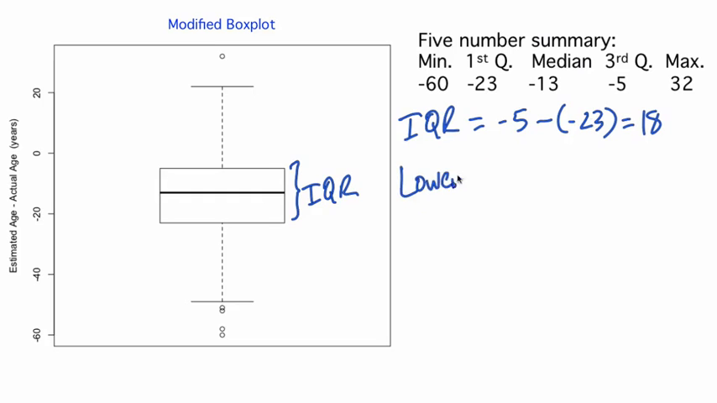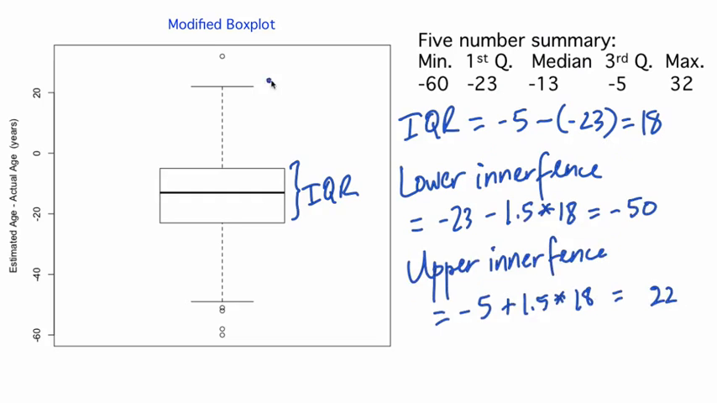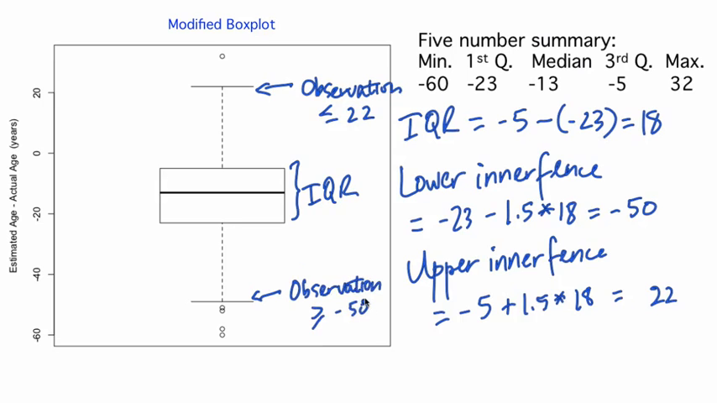For the lower inner fence, then, we calculate the first quartile, -23, minus 1.5 times the interquartile range, 18, which gives us -50. Similarly, for the upper inner fence, we calculate -5 plus 1.5 times 18 and get 22. In a modified box plot, the whiskers extend to the observations that are closest to the fences but still within them. Values outside the fences are indicated individually and are worthy of some attention, particularly isolated values that are far